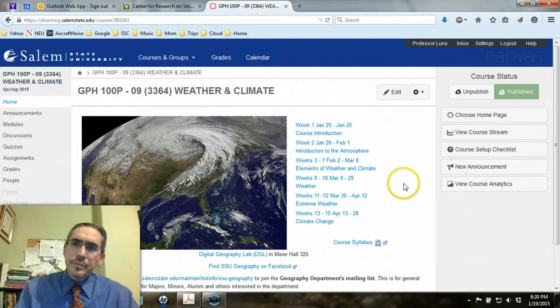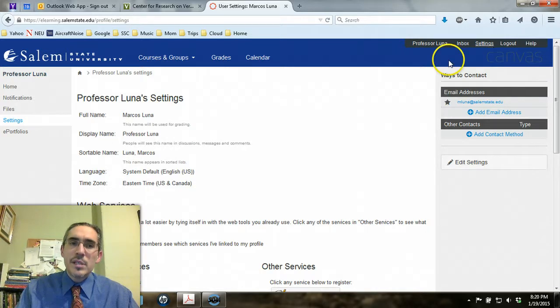But what you should see is a settings in the upper right of your Canvas page, and when you click on that and go into the settings, one of the options that you have is to control how notifications from Canvas arrive to you. And so you can add email addresses over here on the right, so that if you have another email that you use more often, you could add that so that you make sure that you'll hear when there's an announcement or a comment that I've made or someone else has made.